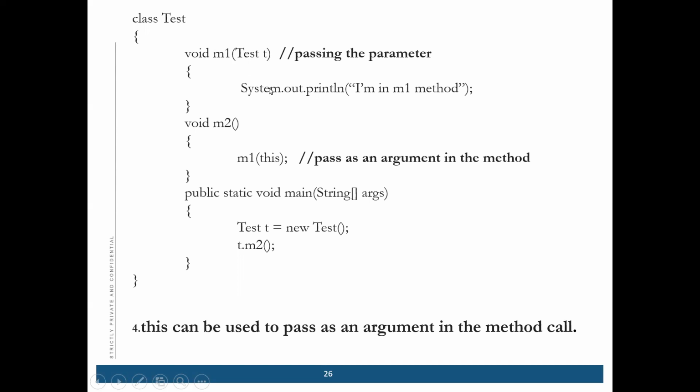Passing the argument, and then what we are doing is calling this method in another method with the help of the argument like this. We don't want to pass a value here. We just want to pass this, and whatever is written in this M1 method will be called here. And the same thing, in the main method we are only calling the M2 method. I will tell you in the practical also how to do that.